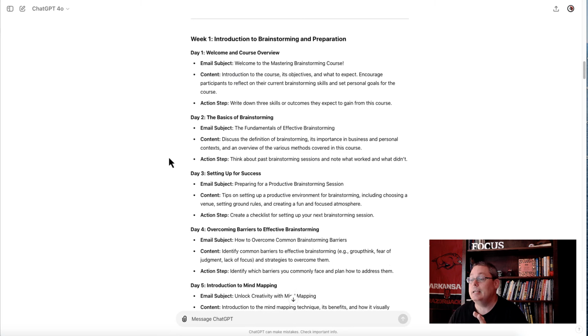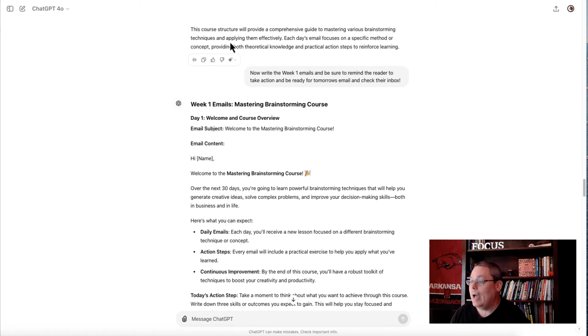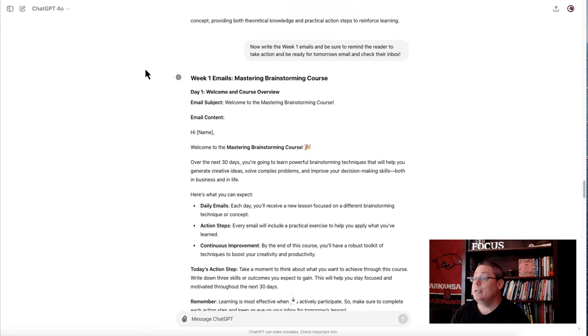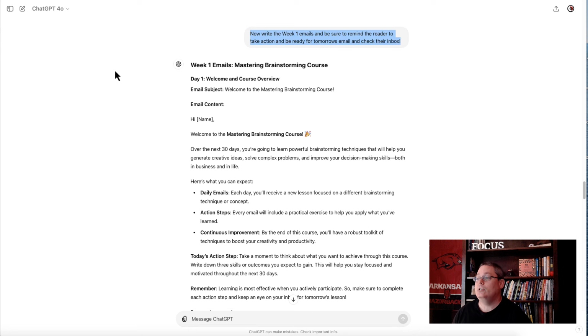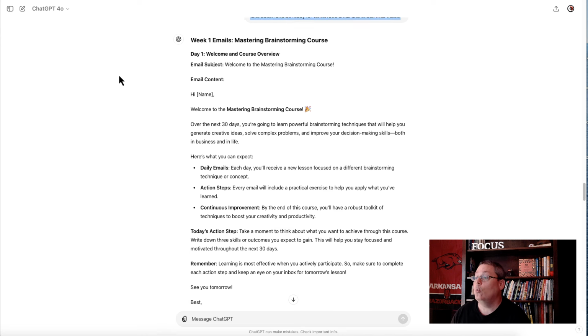And then you can move through this and you can see all 30 days is just simply laid out for you to create the course, but you can take it a step further with AI, with this strategy, and you just simply feed it another prompt and continue the conversation. Now write the week 1 emails and be sure to remind the reader to take action and be ready for tomorrow's email and check their inbox. Here you go, week one emails,